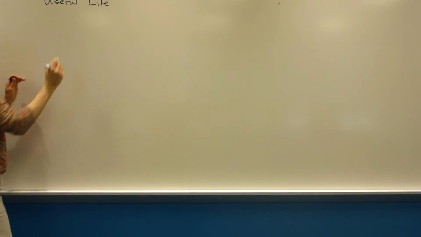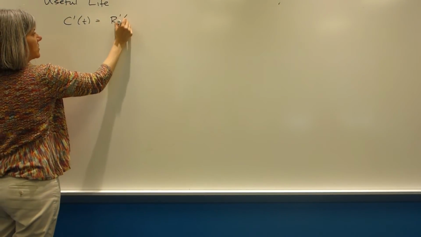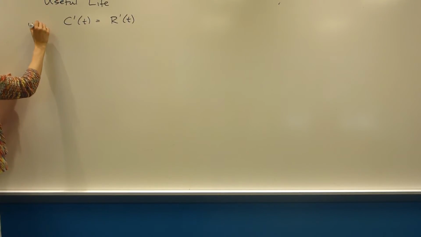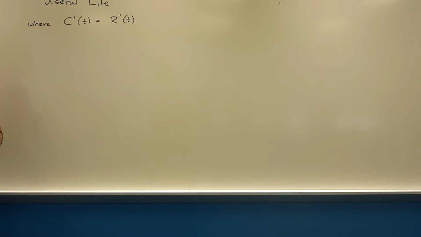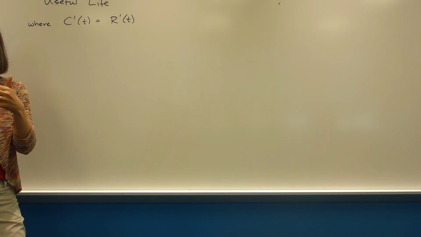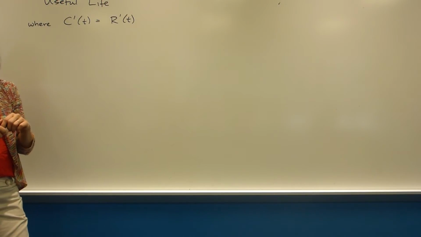Useful life is defined as when the marginal cost is equal to the marginal revenue, where that is true. So it's a t value. So basically you're saying at some point it's costing more per item than the money you're making. So at that point,